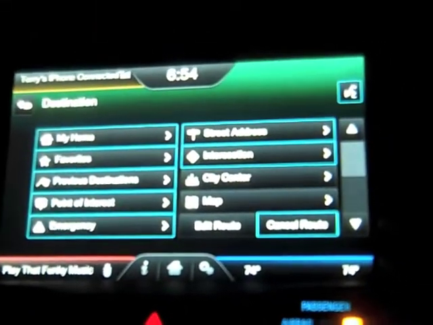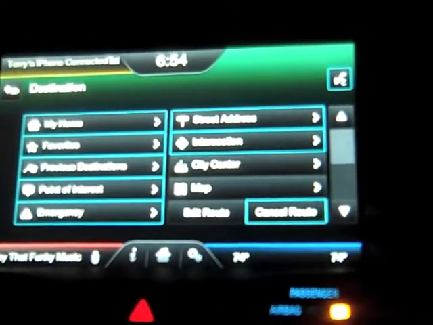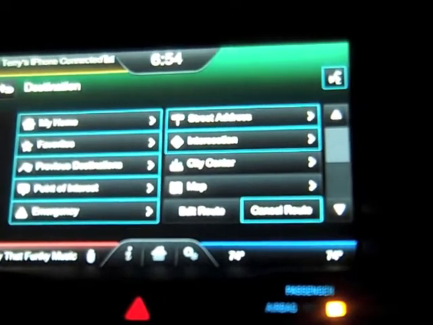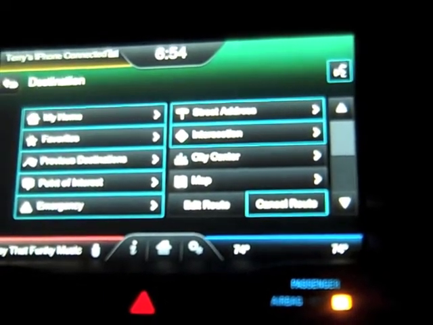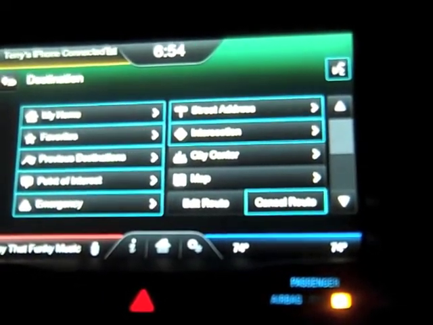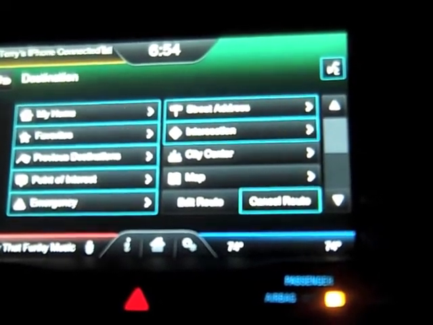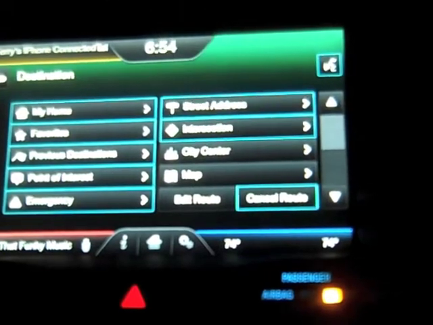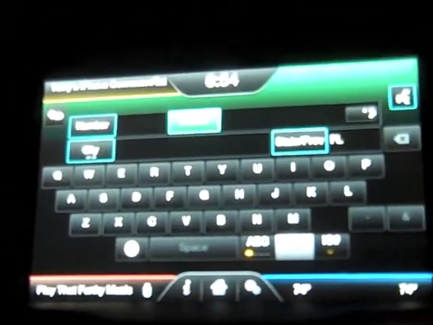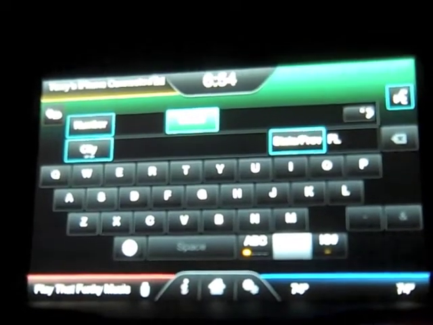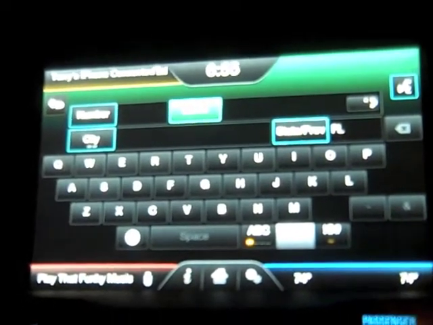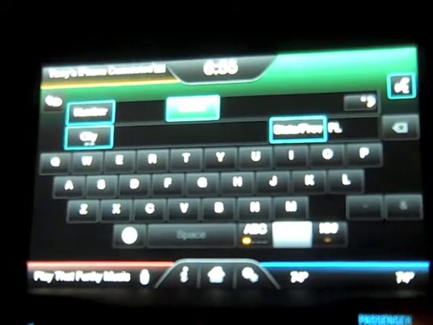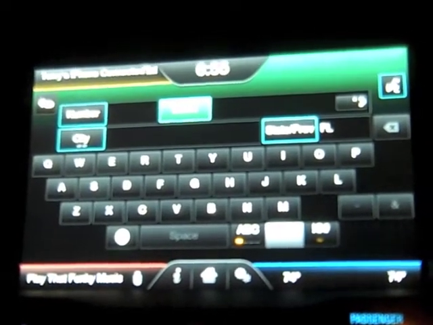Now let's say you're going to a friend's house and they give you their street address, but you don't know how to get there. To put this address into the system so that you can receive turn-by-turn directions to their house, you simply go to the top right button here that says Street Address, click it, and just like you put in your home address, you put in your number, your street, the city, and the state in which you're trying to get turn-by-turn directions to. Once you've put that in, it will give you turn-by-turn directions to their house